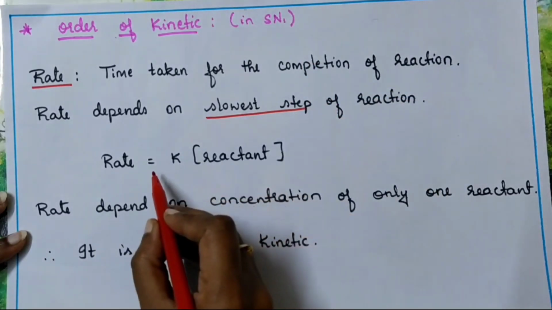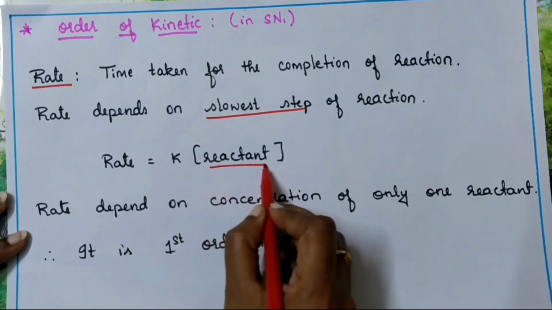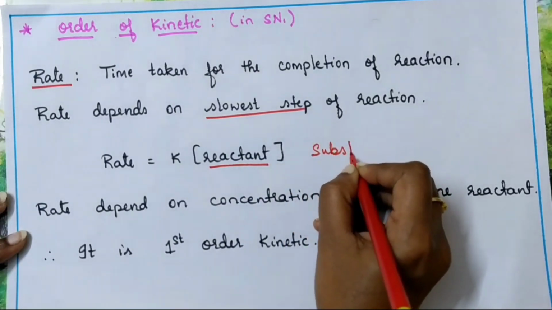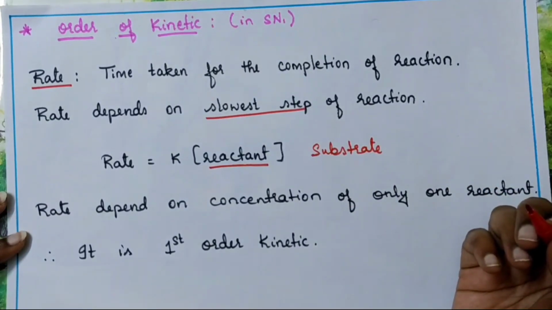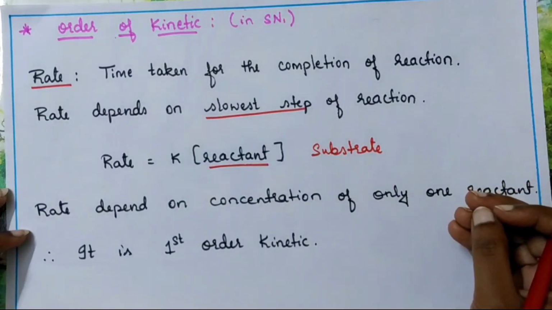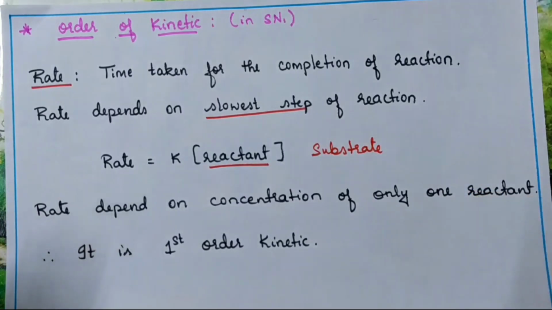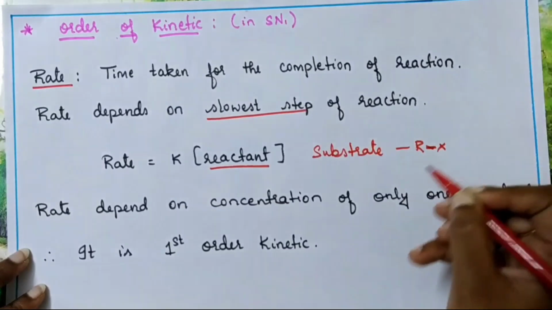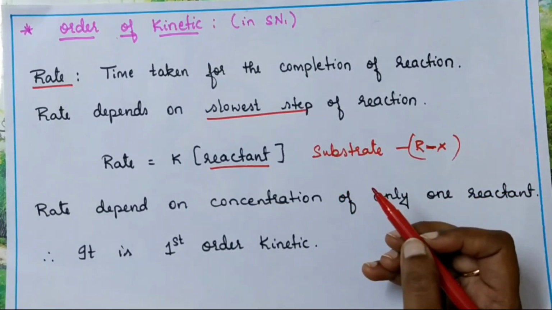That is why you can write that rate is nothing but the concentration of reactant, no? Which reactant are we particularly talking about here? We are talking about the substrate. In the last class we discussed how the nucleophilic substitution reaction is going to take place. To undergo this reaction, there must be two compounds. One is called the substrate and the other is called the reagent, where the substrate is the alkyl halide and this reagent is nothing but the nucleophile, correct?